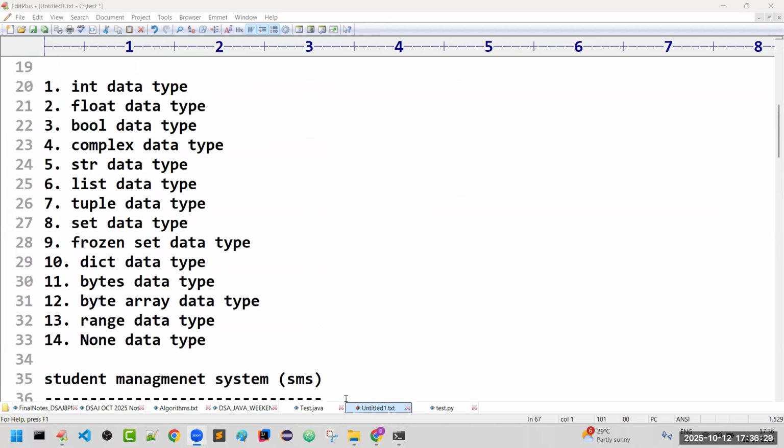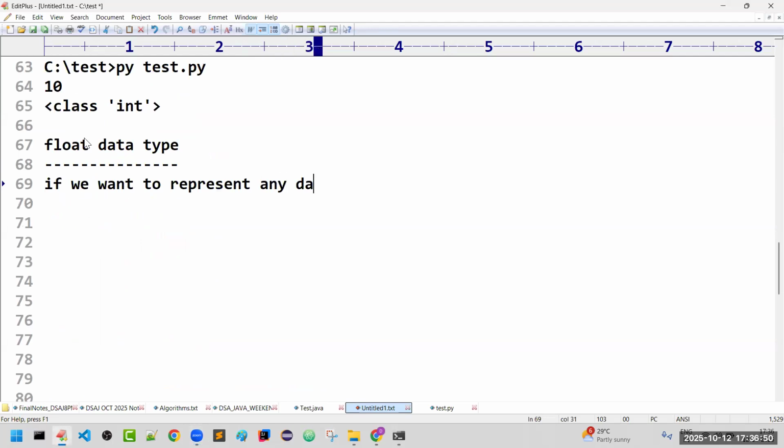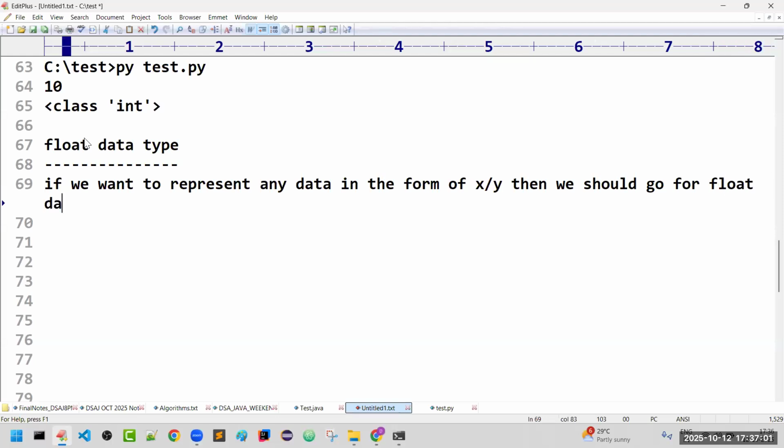So let us see how you can take the float data type. What is meant by the float data type? If we want to represent any data in x by y format, then we should go for the float data type.